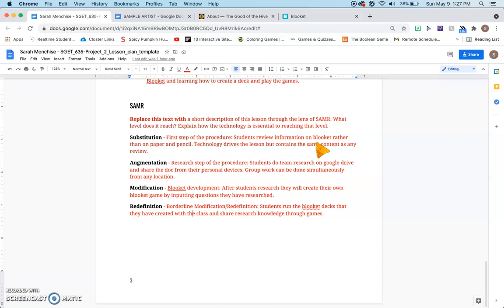Augmentation is definitely during the research point of our assignment. So they're researching and using Google Drive to share their doc and all their information with each other. Modification is the Blooket development itself. So once they've researched it, they're transitioning it into the technology on Blooket. And then redefinition, it's a bit of, I felt, a combination between modification and redefinition, because yes,